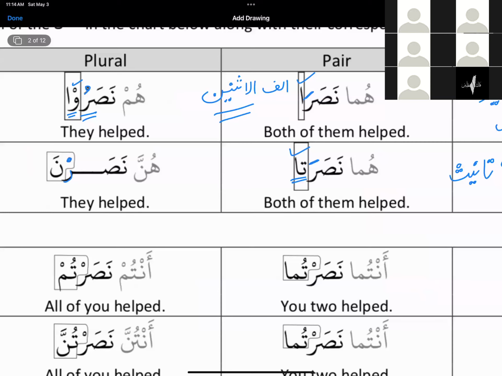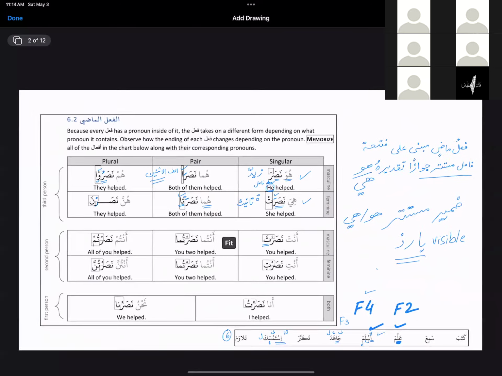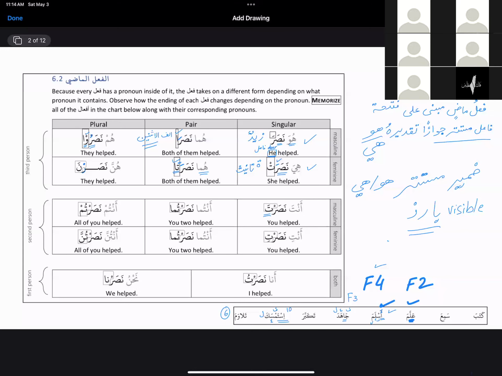Not the whole ta; only the alif is the fa'il. And this ta is ta ta'nith, telling me that this huma belongs to the feminine. So this is how it should be. So what was I doing before? Okay, so the damir. Now we are going to come to